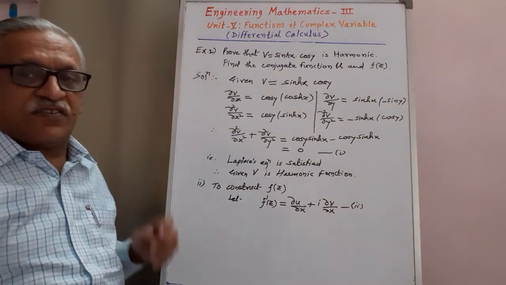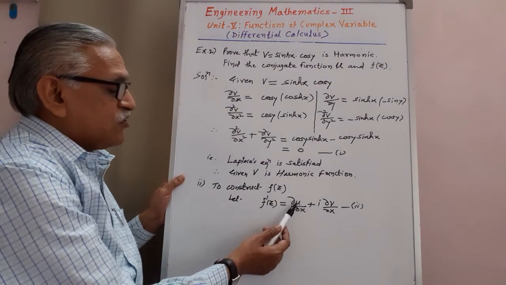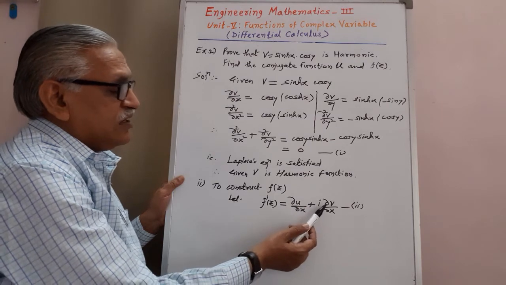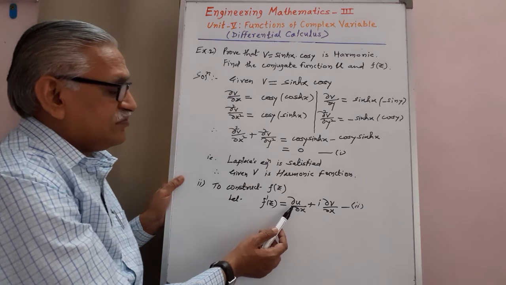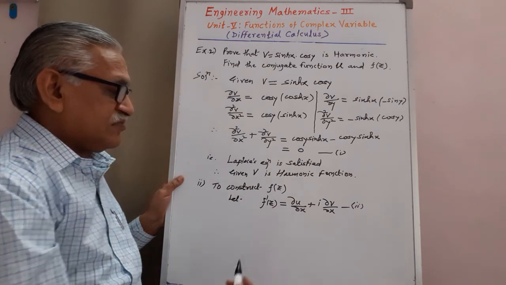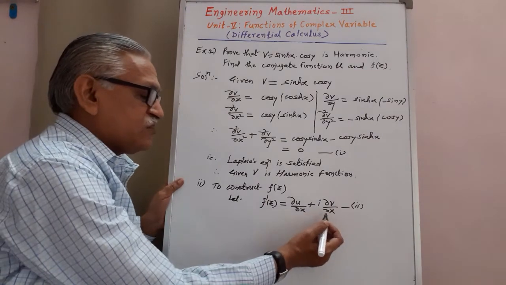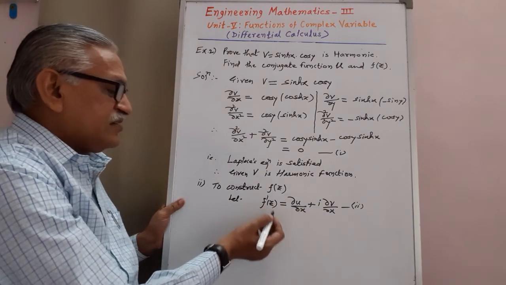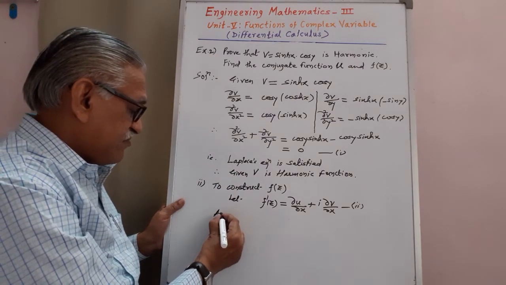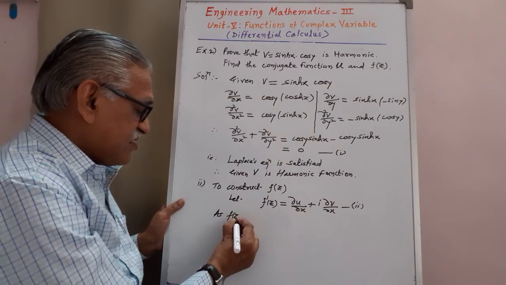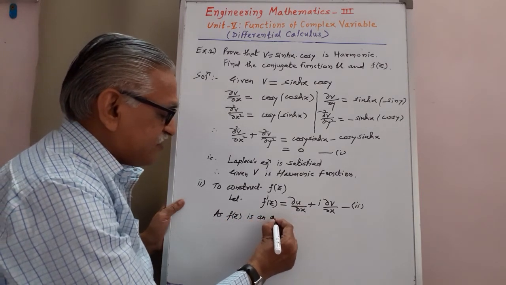We take the help of this relation to construct that f of z. Here, out of these two derivatives, dou u by dou x is not obtained. Only the value of dou v by dou x we have, and therefore, as f of z is an analytic function,